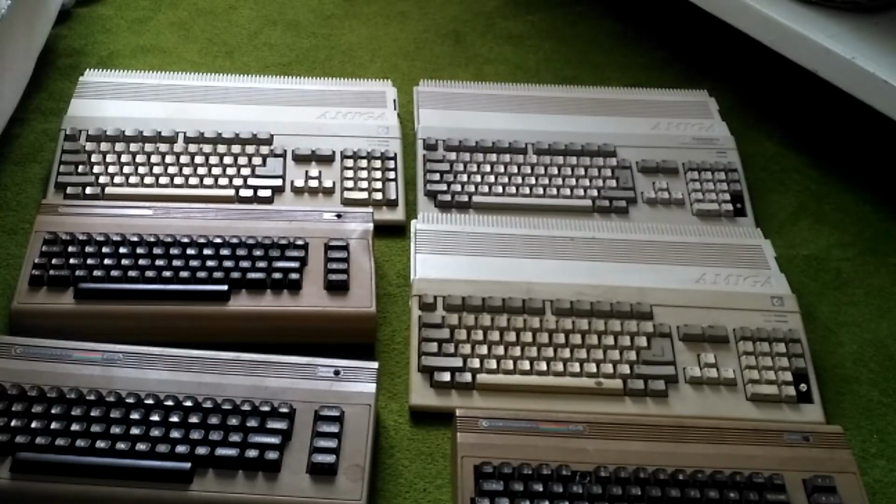So I've used one of the power supplies and I've tried it on all three Amigas. All three Amigas come on straight away. They all go to the Kickstart ROM. I think one's got Kickstart 2.0 and the other two have got 1.3. Like I say, I'm a complete Amiga noob, so if I'm getting any of this wrong, just let me know